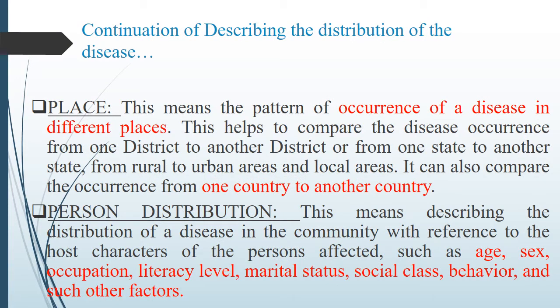So we have completed the time distribution. Next we will see the place distribution. In place distribution, what is our question? Where is the disease occurring? There will be a lot of variation, maybe national variation, rural or urban, local area or migrant people. Among them the disease will occur. I have told you some of the examples.